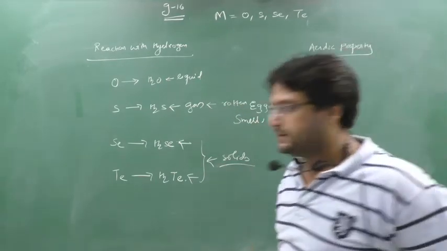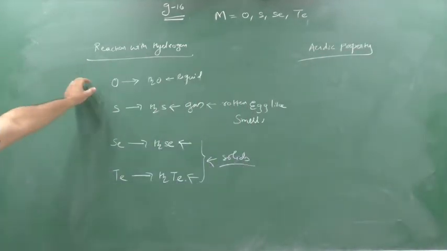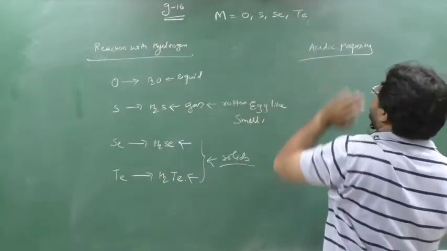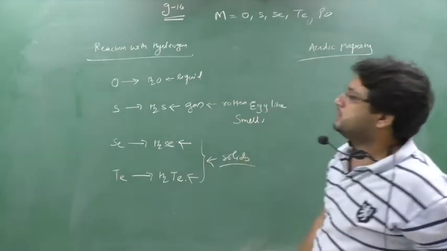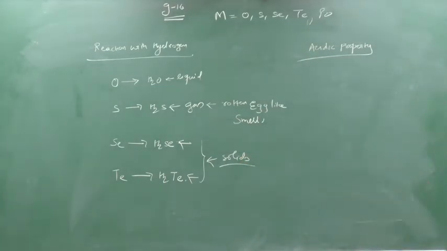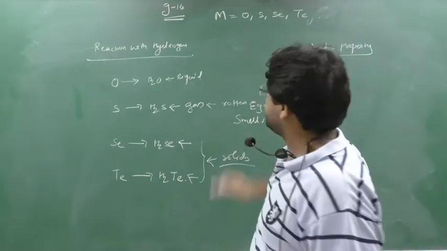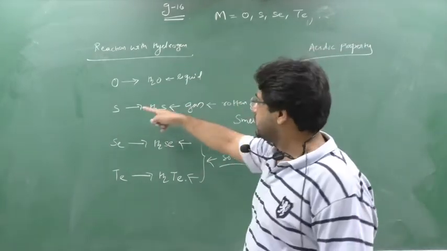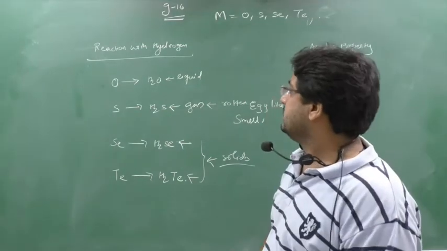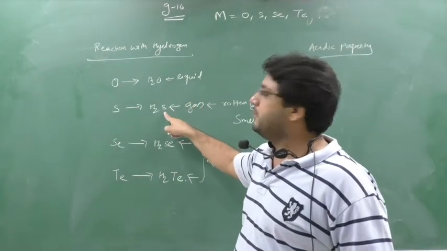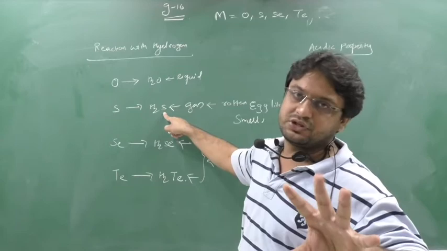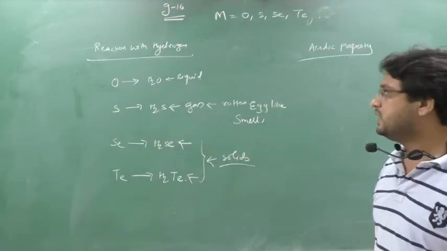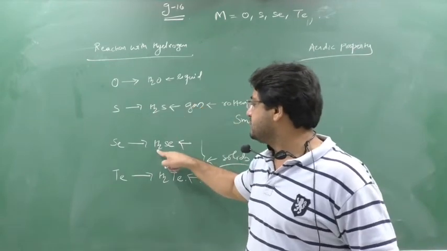So see, as we move downside the group, if I consider all of these as M, this M means oxygen, sulfur, selenium, tellurium, and polonium if I consider it here also. But here not polonium for hydrogen. As we move downside the group, this M size increases, yes or no? Why increasing? Because from O to S, the shell increases, so size increases. Again selenium, shell increases, size increases. So moving downside the group, size increases. But hydrogen size remains the same.